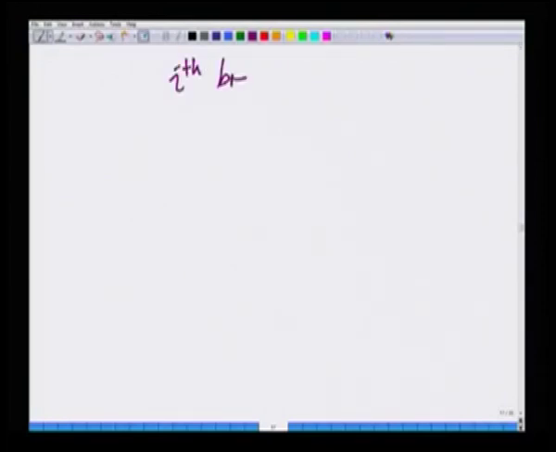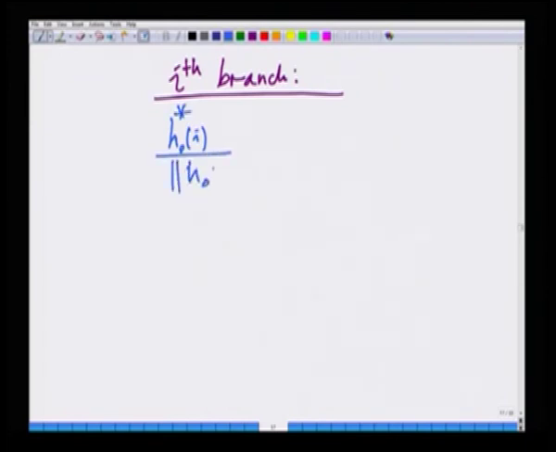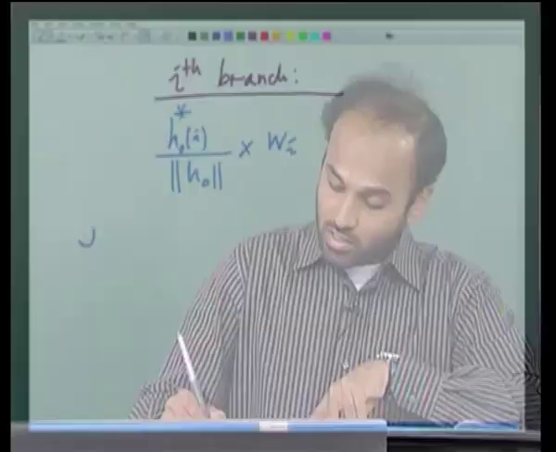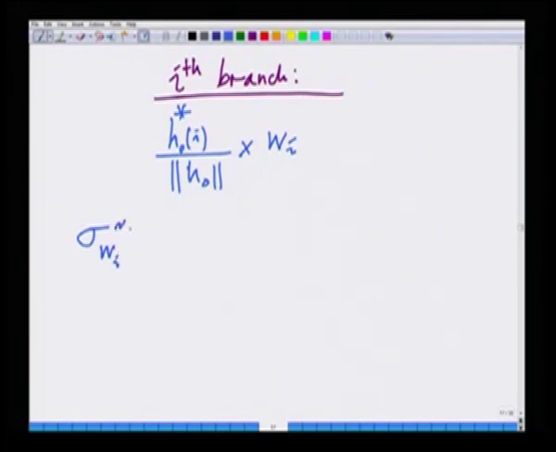Let us look at the ith branch. The ith branch is being combined by h 0 i conjugate divided by norm of H 0, times W i. This is noise plus interference power. Hence, the variance of this ith branch, sigma W i square, is nothing but the power in this, that is expected